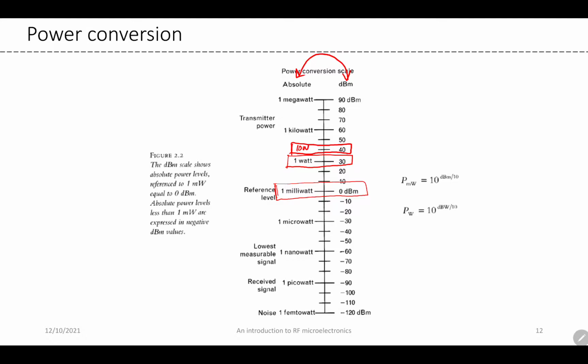And 1 kilowatt is 60 dBm, 1 megawatt is 90 dBm, and 1 femtowatt is minus 120 dBm, 1 picowatt is minus 90 dBm. And now,